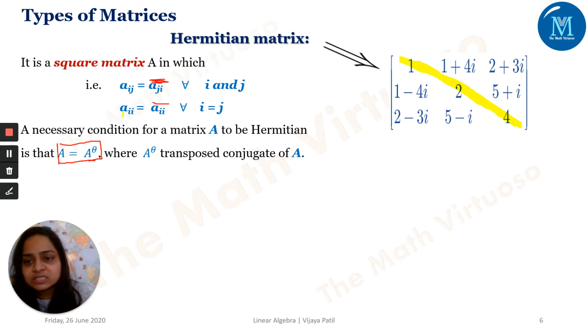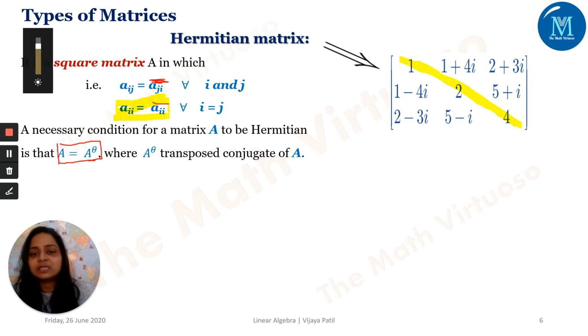Why is that so? This is because of this identity, Aii is equal to Aii conjugate. That means the diagonal elements of a Hermitian matrix are such that the number and its conjugate are equal, they coincide. A complex number that is the same as its conjugate, what should that number be? It should be a real number. That means the imaginary part of that number is 0. Then only is it possible to have it that way.